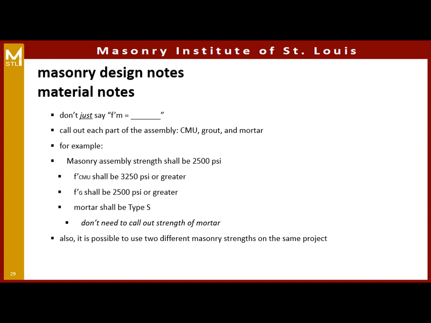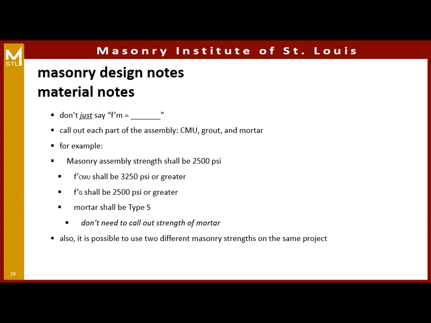So for the material notes, we prefer to not just call out the assembly strength, the F prime M. We like to call out the assembly strength, the CMU block strength, the grout, and the mortar type. So an example as we see here, we would show we want our F prime M to be 2,500 PSI,